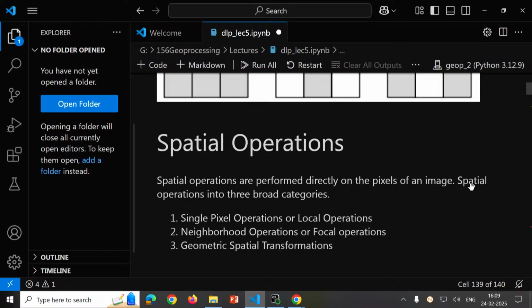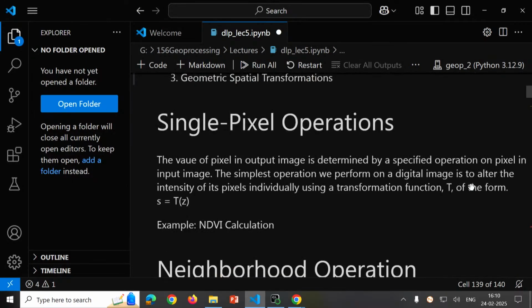Then the third type of operation which we can apply is called geometric spatial transformations. So what is a single pixel operation? The value in the output image is determined by the specified operation on the pixel in an input image, right? The simplest operation we perform on a digital image is to alter the intensity of its pixels individually, right? So a single pixel operation means the value of a pixel in an output image is determined by some specified operation